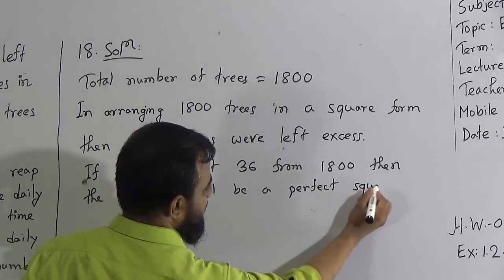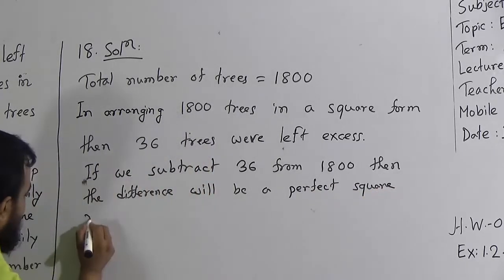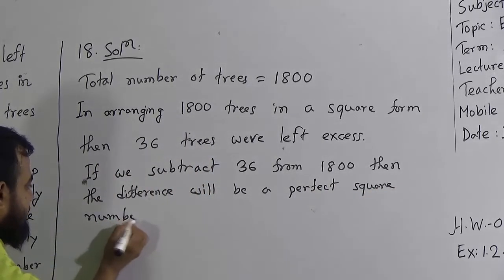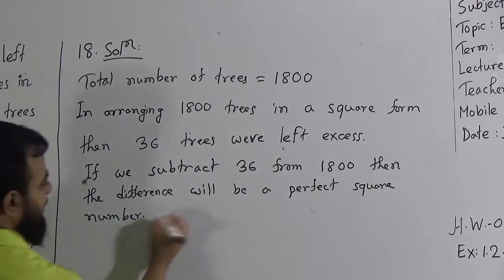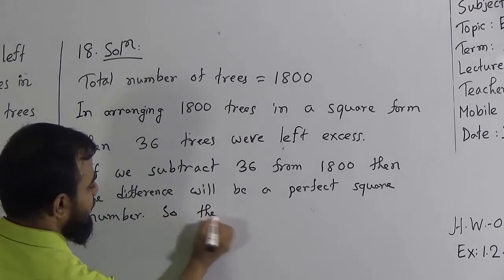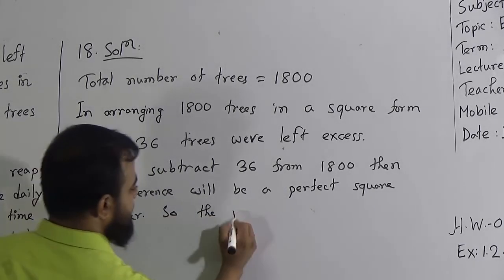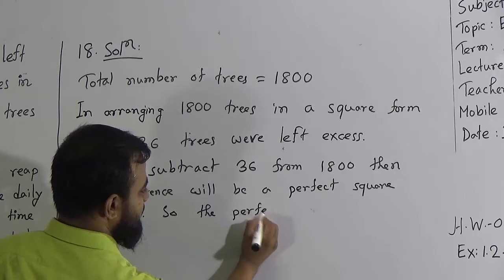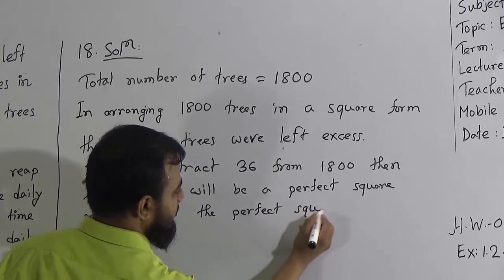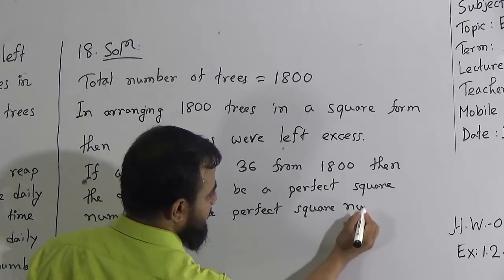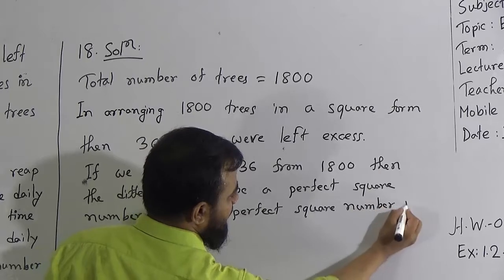Perfect square number. Okay. So the perfect square number is